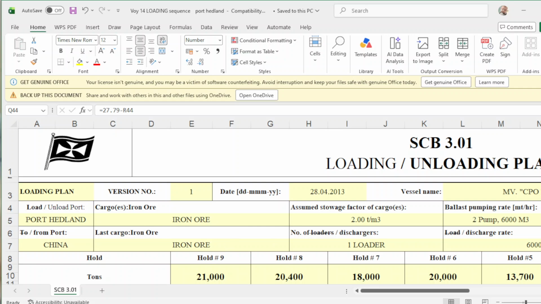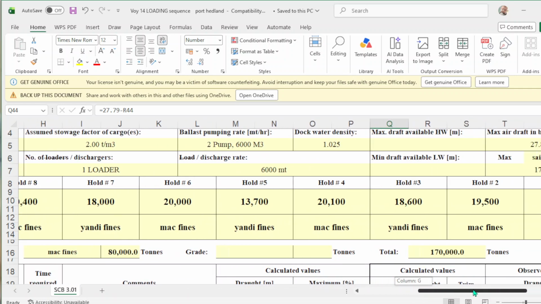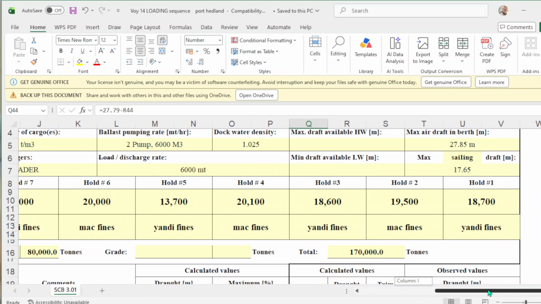The total cargo to be loaded is 170,000 metric tons. Hold number 1 is 18,700.